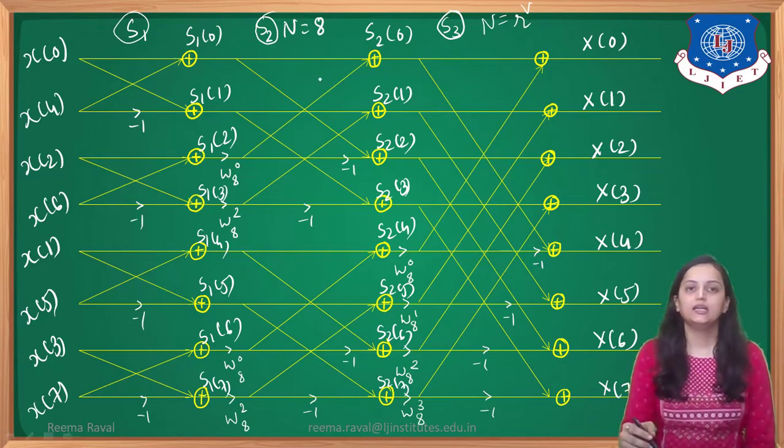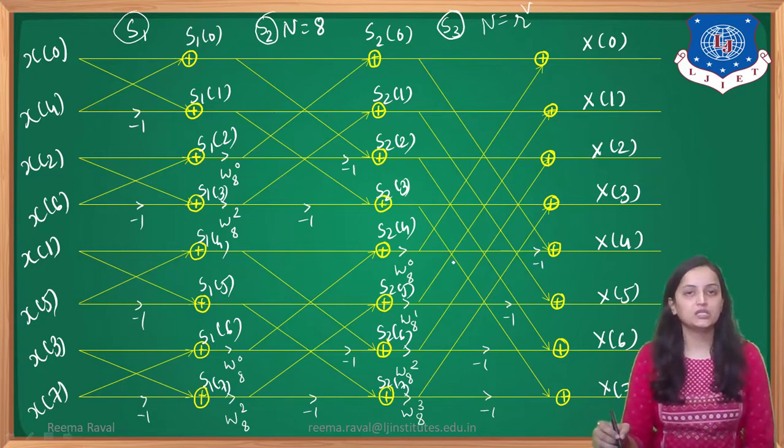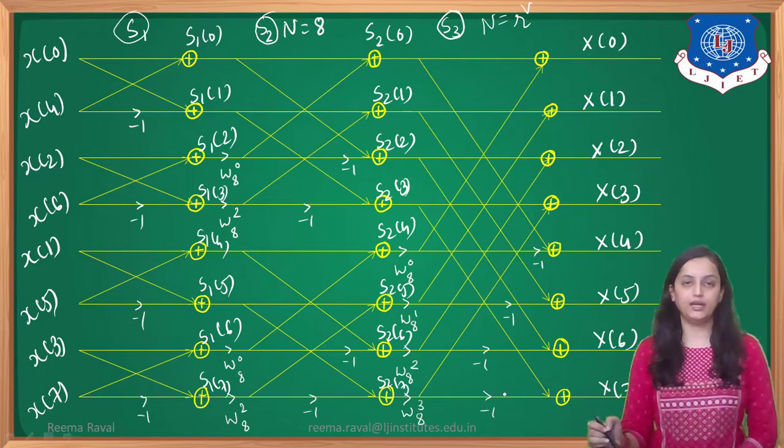Now remember that for every stage, -1 values are placed at particular distances and the Twiddle factor values are placed, that is to be remembered. So here -1 is placed at every alternate value. You can see the position of -1. Same way on the second stage, -1 are placed here, and at stage 3, the last 4 are placed -1.